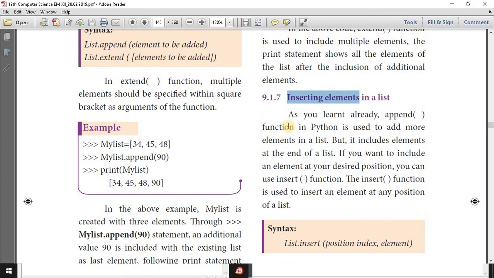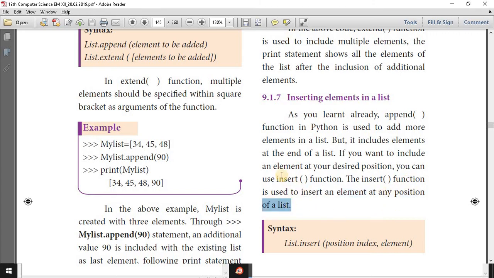Then inserting elements in a list. You already learned that the append function in Python is used to add elements in a list, but it includes elements only at the end of a list. If you want to include an element at a position you decide, you can use the insert function. The insert function is used to insert an element at any position of a list.